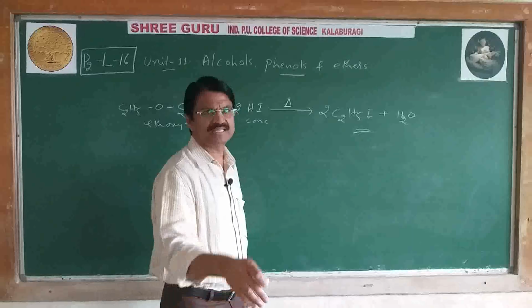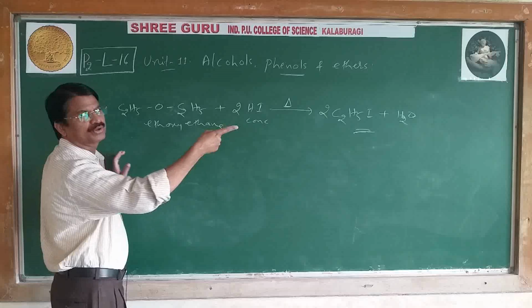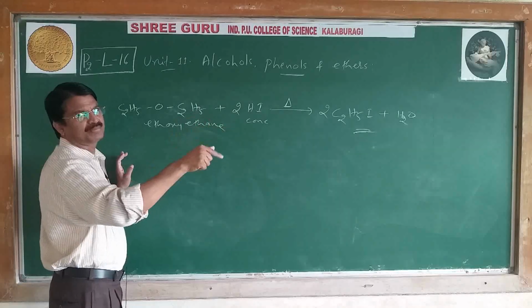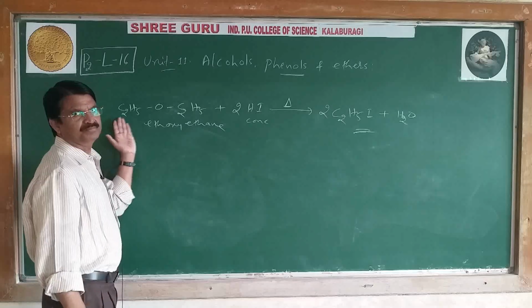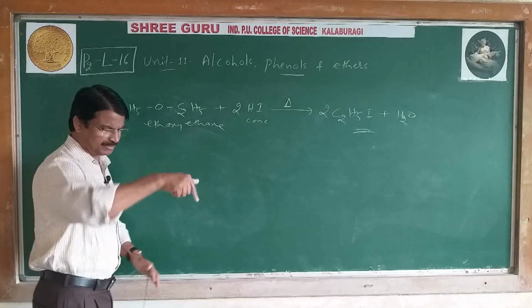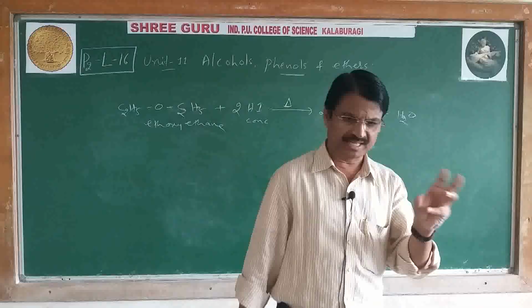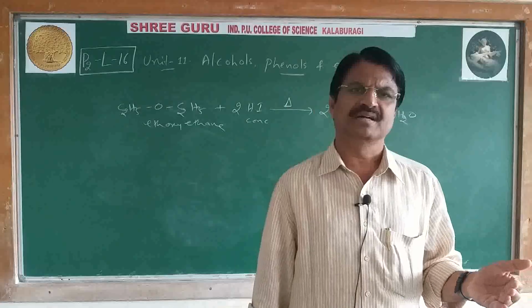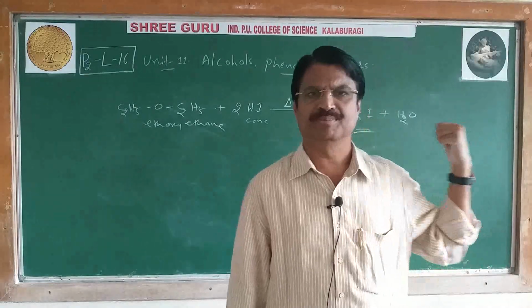Iodoethane, or ethyl iodide, is formed. If one side is methyl and the other side ethyl, then you write CH3I plus C2H5I. For tertiary butyl methyl ether, you write tertiary butyl iodide and methyl iodide. I have covered both reactions, cold concentrated and concentrated hot, or even excess of HI, and what happens to the